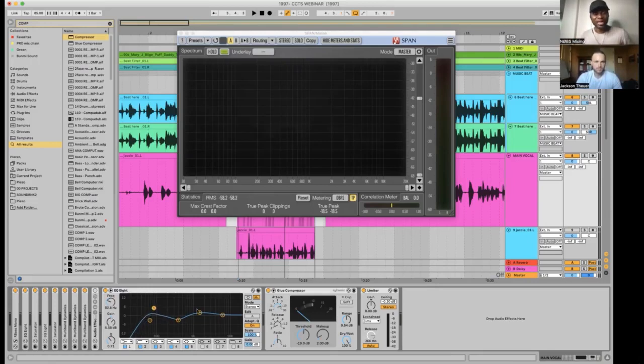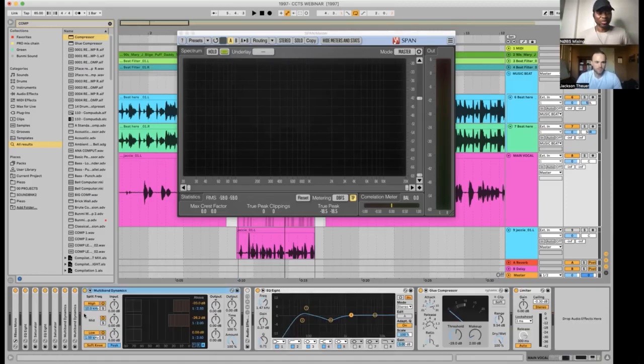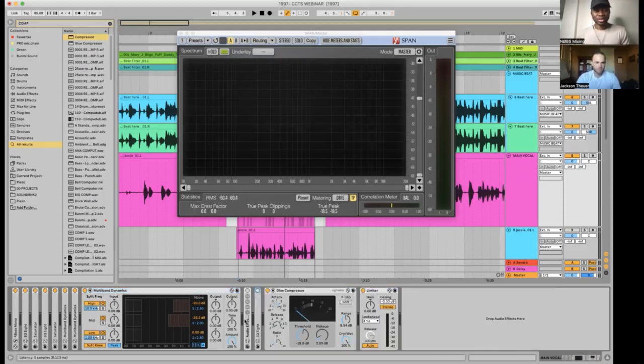I wanted more bass and I wanted this area to come down a bit, but I still want it in there. I don't want to reduce it altogether. That's why I use a second multiband to bring down the mid-range, the 1K to 10K area. The mid-range is subtle, not aggressive, so I can move more of the energy to the lower end and the top end. That's an idea that I want to share with you.